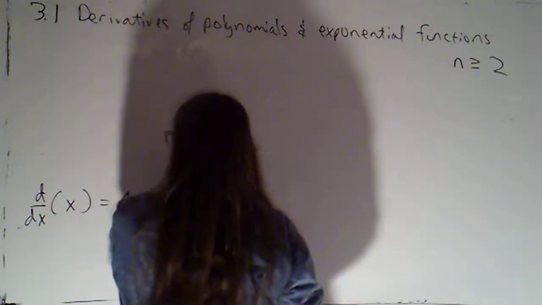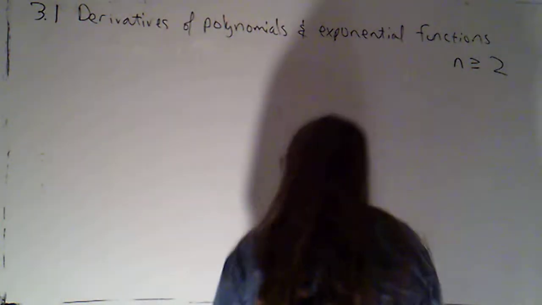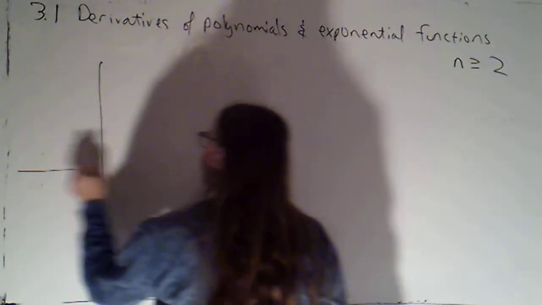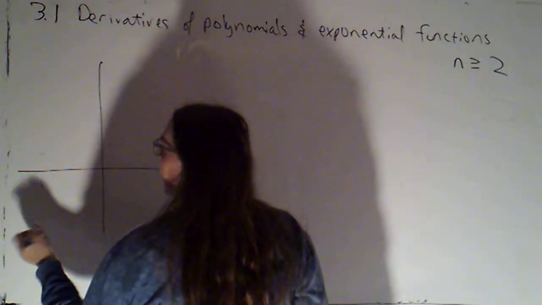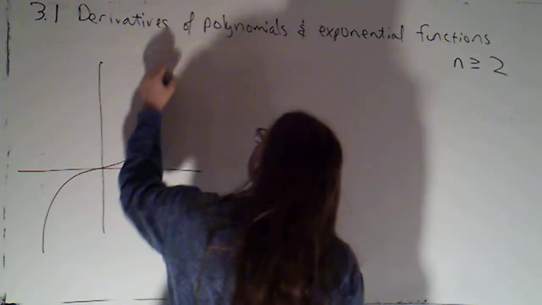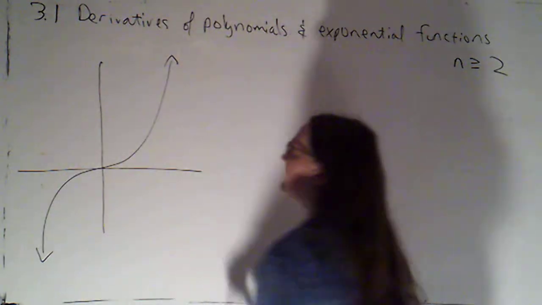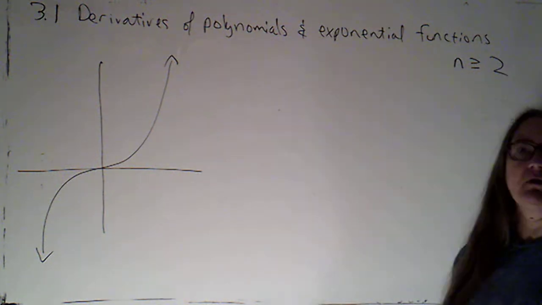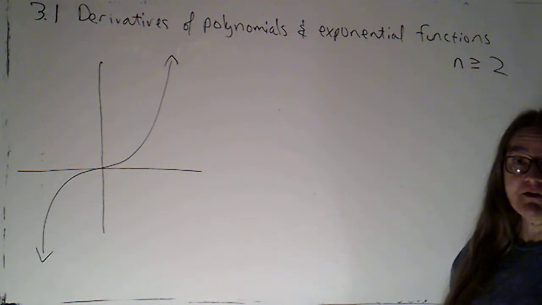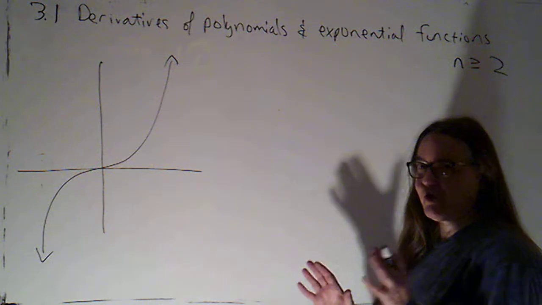I'm going to just draw myself a picture of a power function. Now power functions, if they're even, the graph looks kind of like x squared. It looks like a parabola. And if they're odd, the graph looks something like x cubed. I just made a choice. I happen to have drawn the graph of an odd power function,